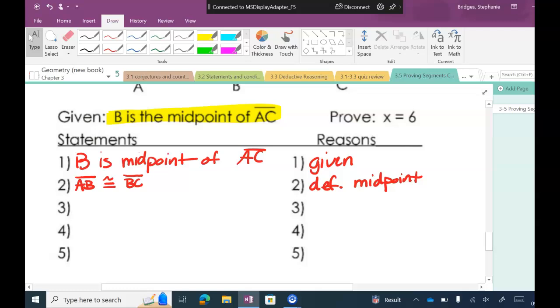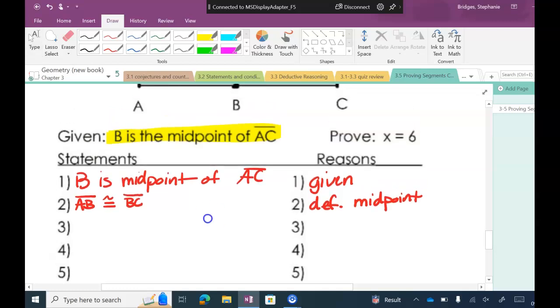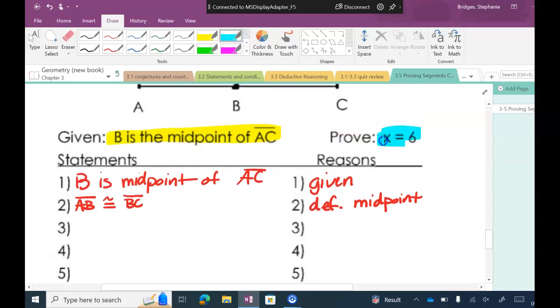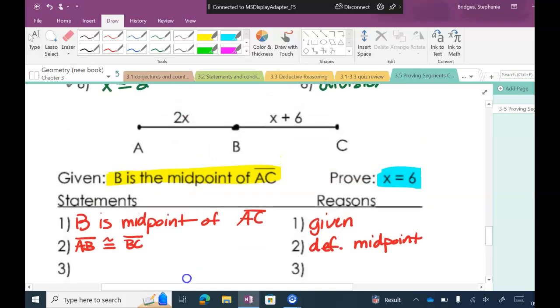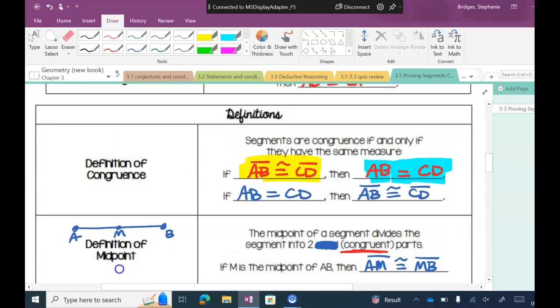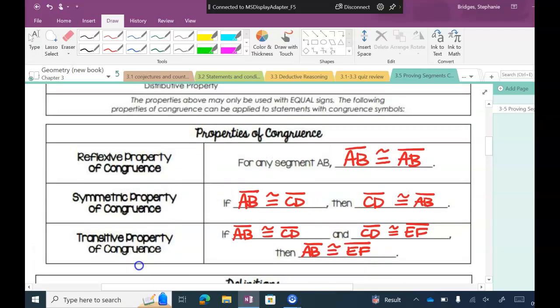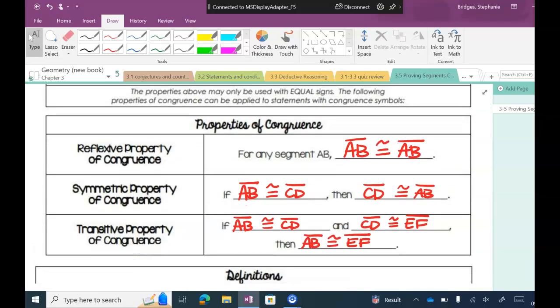Are we kind of okay? Now think about, we're trying to prove that x equals 6, so I'm going to have to set up an equation. Let me ask you this. What else do you know about AB? It equals 2x plus 6, but am I allowed to use substitution for congruence? Is substitution one of my congruent properties? No. So before I can replace AB with what it is equal to,